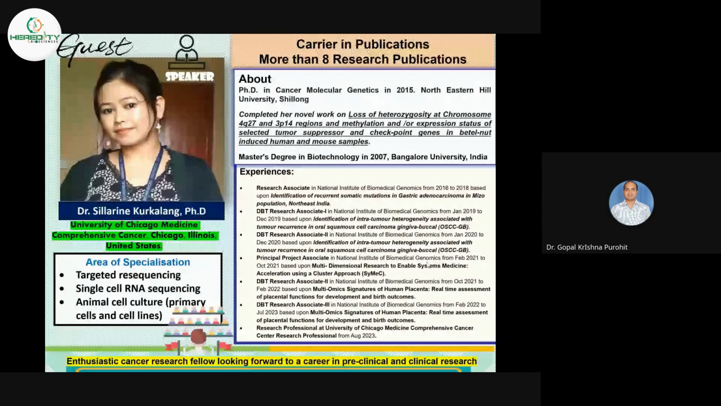We concentrated on unerring intra-tumor heterogeneity associated with tumor recurrence in oral squamous cell carcinomas, using buccal samples. Subsequently, as a principal project from February 2021 to October 2021, Dr. Sillarine significantly contributed to multidimensional research enabling systems medicine, accelerating it using cluster approaches. Her journey translated to serving as a research professor at the University of Chicago Medicine's Comprehensive Cancer Center from